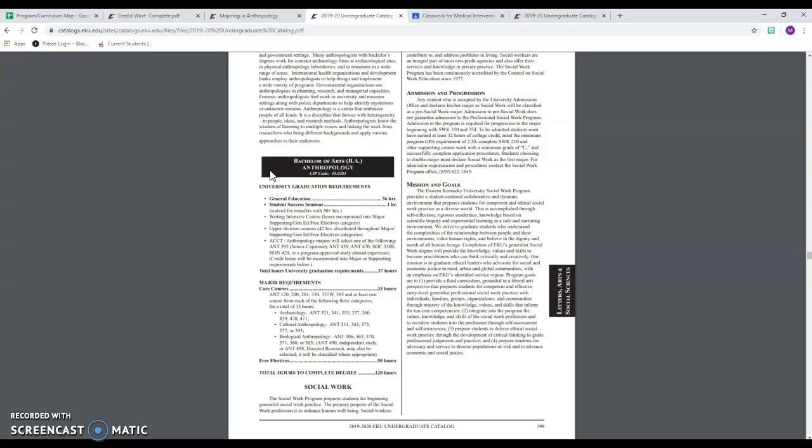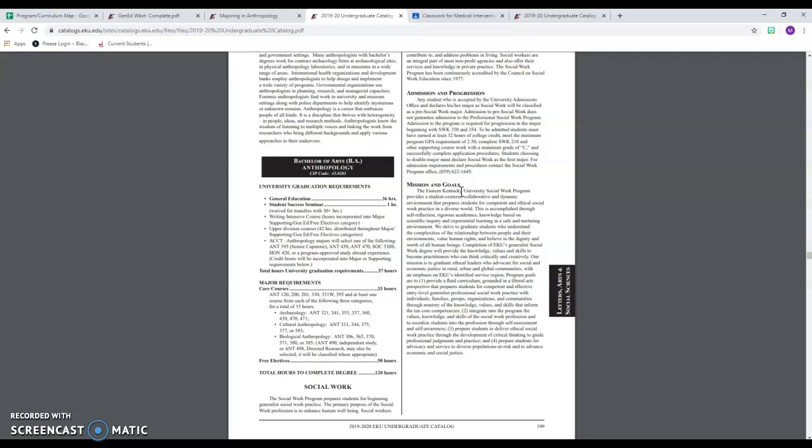Okay. Bachelor of Arts Anthropology. So that's a BA, that's a 4-year degree. Bachelor of Arts and Bachelor of Science are both 4-year bachelor degrees. The difference is like the type of classes you'll take within each, whether you get more like free electives or have more of a mapped out